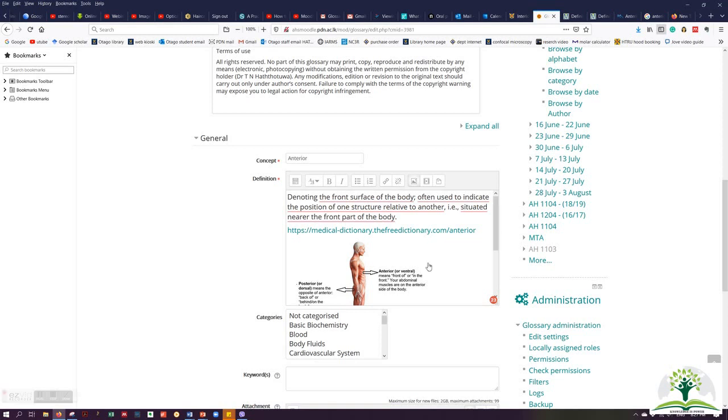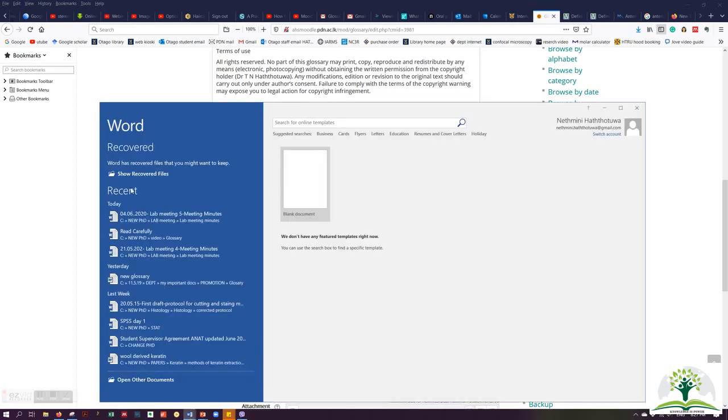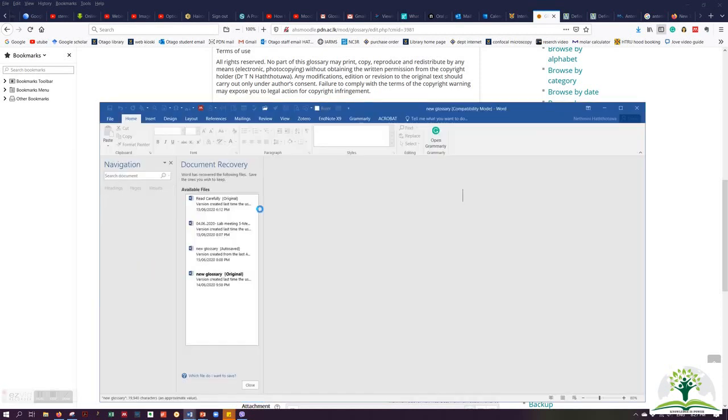So after that you have to select the category. If you can't remember which category this term belongs to, go back to the glossary and see from where you took it, or else when you select your scientific terms, write down the category in front of each and every scientific term, so then it's easy for you.